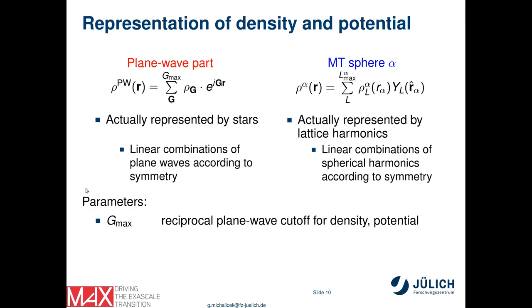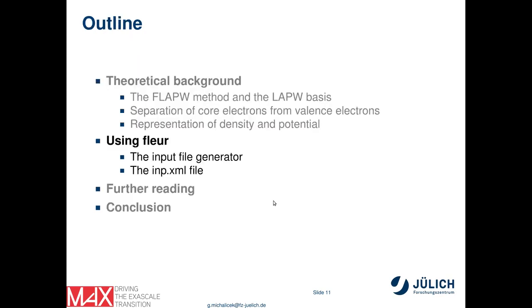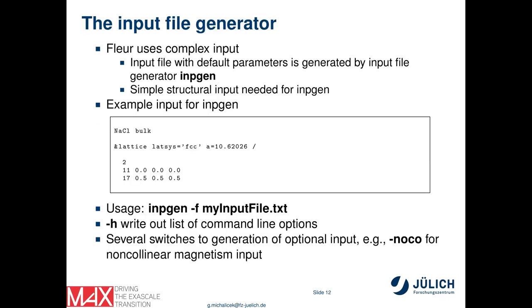We have new parameters here. So the most important is Gmax, and this is the reciprocal plane wave cutoff for the density and the potential. And of course the expansion in the muffin-tin sphere also has an Lmax cutoff parameter, and this is the same that we use for the FLAPW basis. So let us go to the input files to FLEUR, and there you have to know that